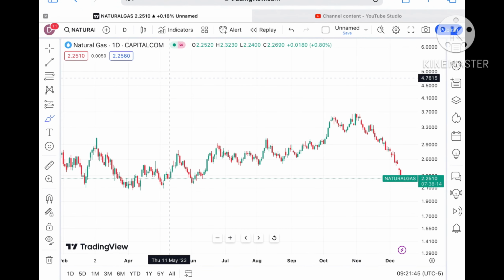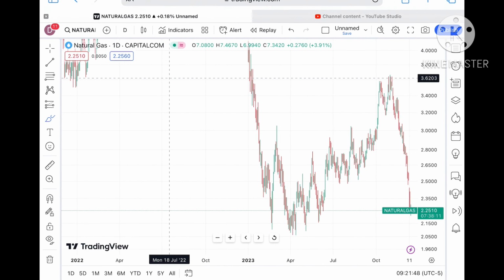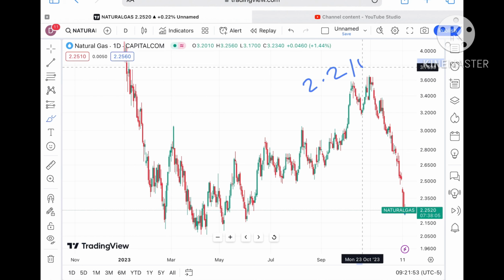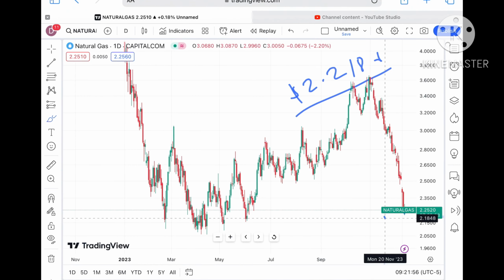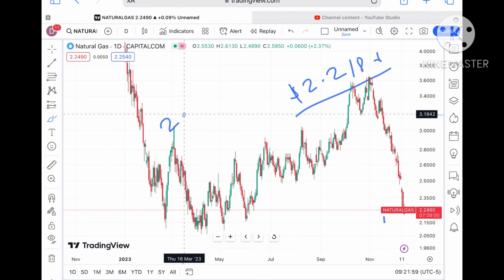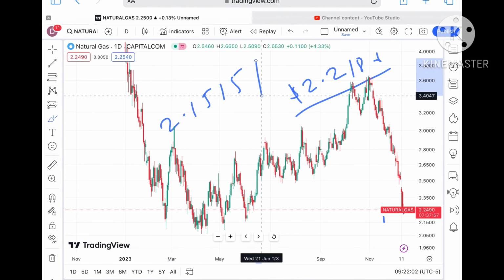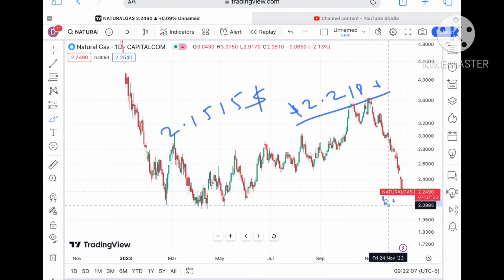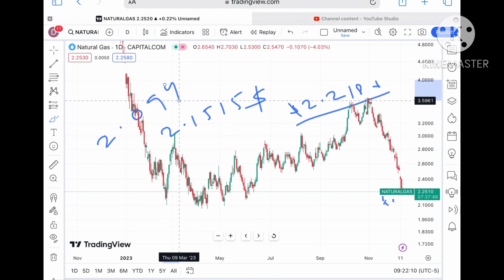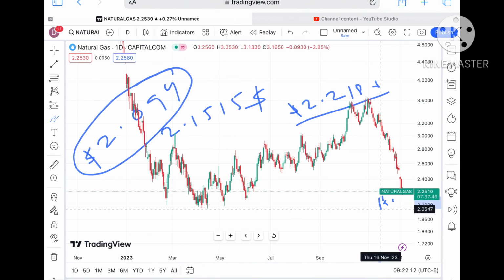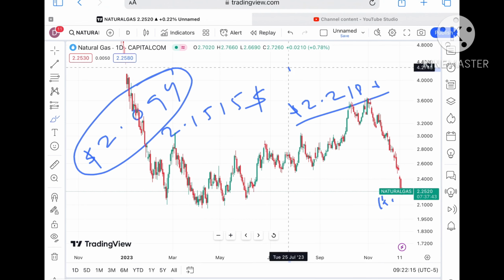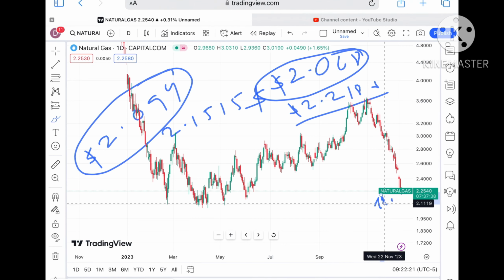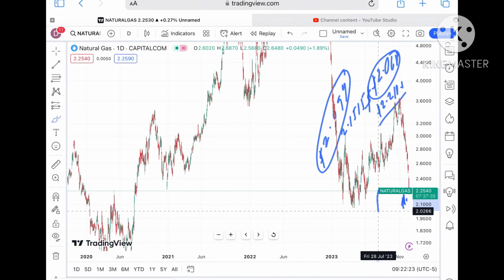Suppose the price doesn't sustain this level, and chances are very high it will not sustain, yes, it will move further down, and yes, a probability of touching a level of $2.2186 we can see. Okay, if the price falls below that particular zone, chances of touching a level of 2.1515 are there. Okay, and once the price starts falling below 2.1515, we can see a probability of a further downfall towards a level of $2.094. $2.094 is already a weak support, so chances are high it will fall further to around $2.068. Okay, and if the price starts falling below this particular level, we can see a further fall, and then chances of touching a level of